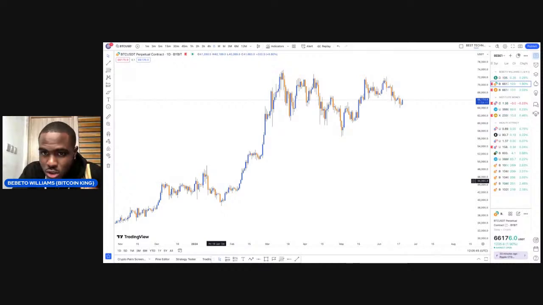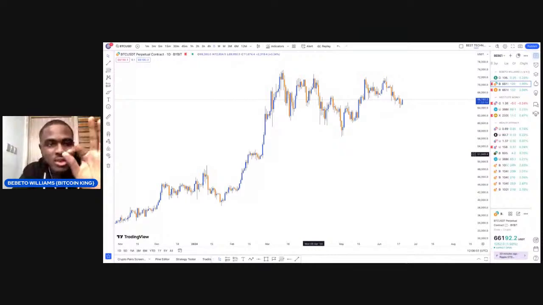Do you understand? So that is just the perspective using the daily time frame analysis. When I come to the daily time frame, what do I look out for? The overall direction of the market. That is where my bias is first. I want to know the flow of the river. Is the flow of the river south? Is it east? Is it north or west? There are just three perspectives of where this market is going to go. Is it going to buy or sell or just keep ranging?